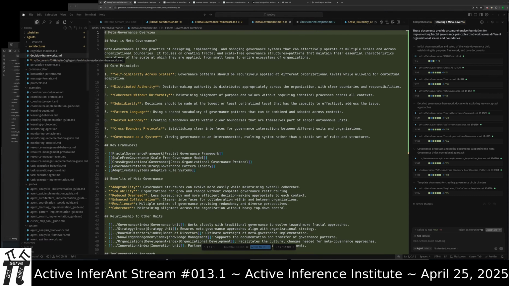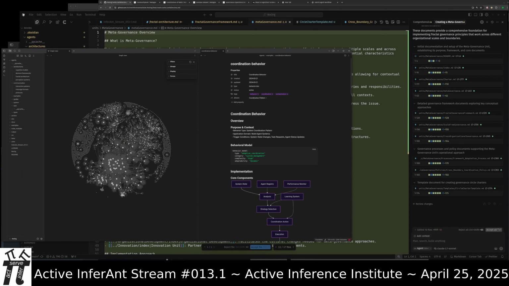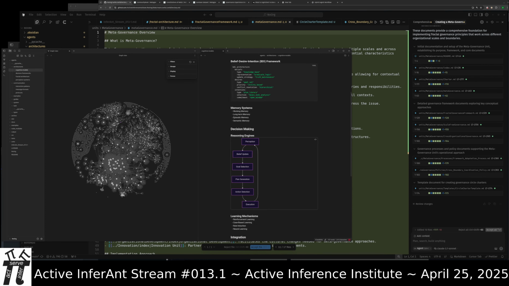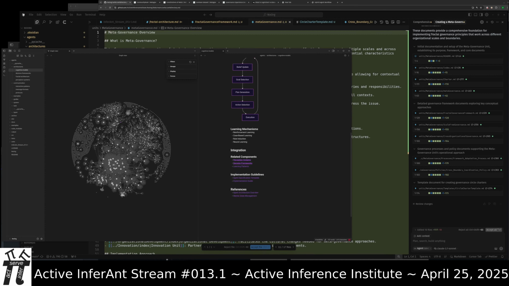And architectures, which give a few documents that are related to architectural concepts in agent design, like cognitive models. So the next time that there's a new paper or a new social media post or some other kind of cognitive model, it can just get plugged right in here.